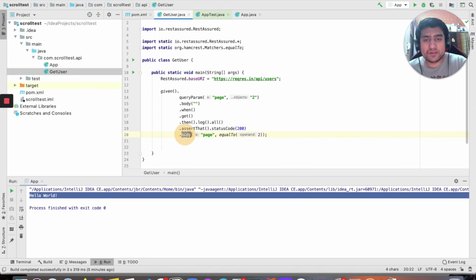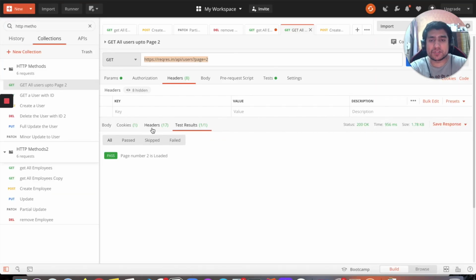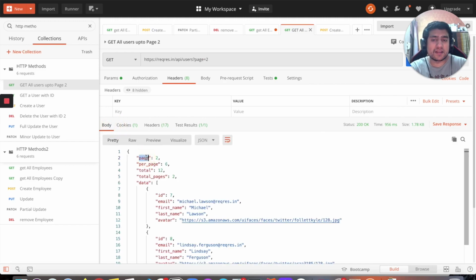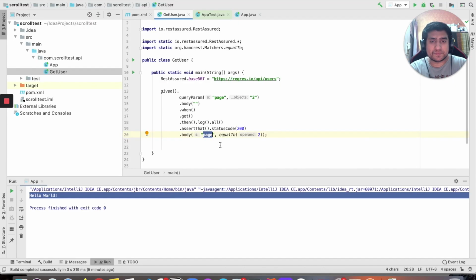After dot, you will get a body. You can call body again, and here you can check with the key value. So the key will be page directly, because in the body it is directly available. If you want ID, it should be data.id. Okay, that makes sense. Cool. We are checking with equal to 2. That's what we are doing, right?